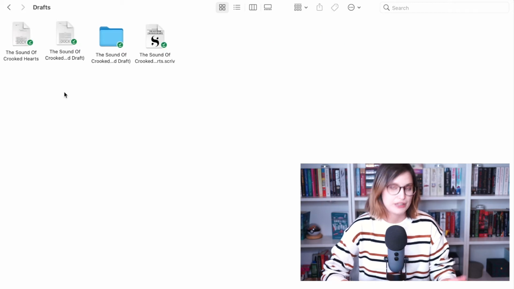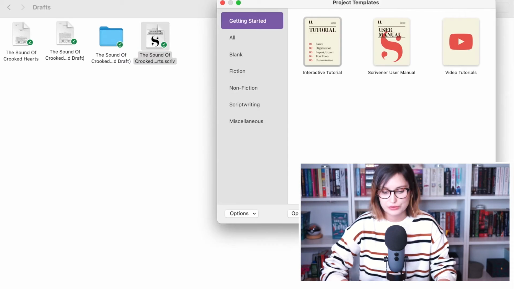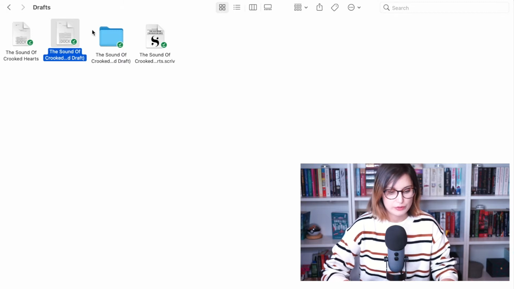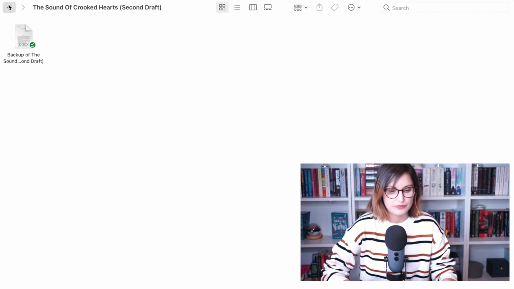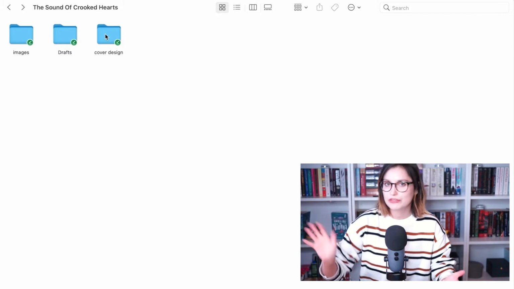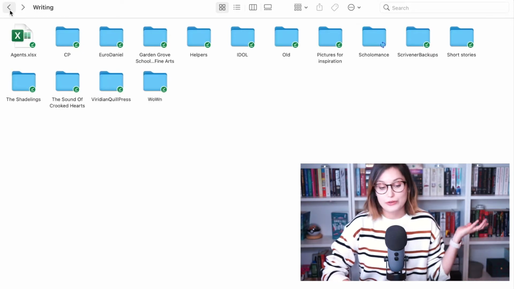And then I have my drafts of the actual book. So I have my Scrivener file in here. So that's the actual draft of the book. And then I have, I think, just the documents. I also just have a Word document version of it because I had printed it out at some point. And a backup, of course, always have backups. And then I have a cover design folder because I played around and I made a cover for this. I'm not going to show you that though because I might use that at some point, I'm not sure.